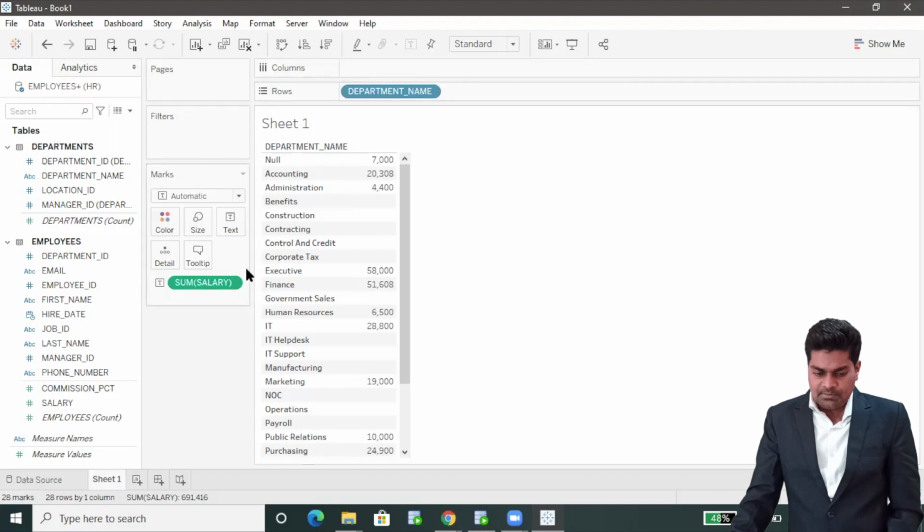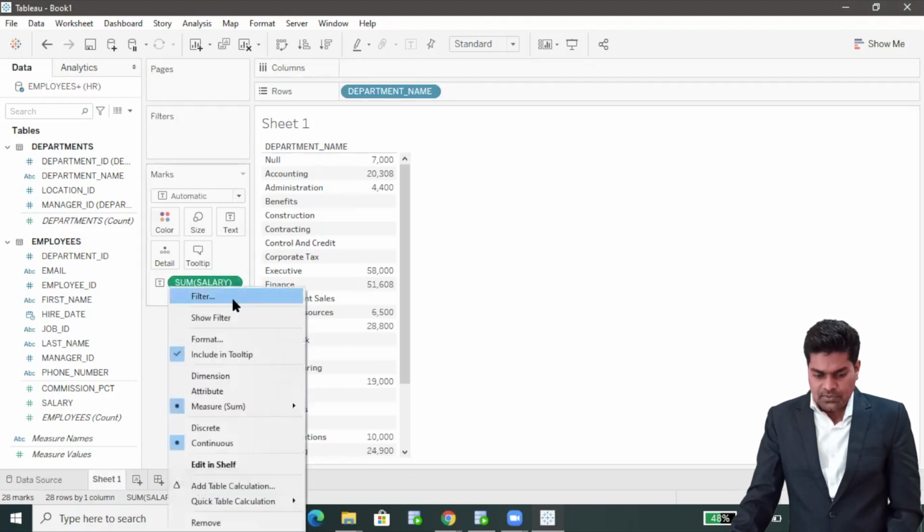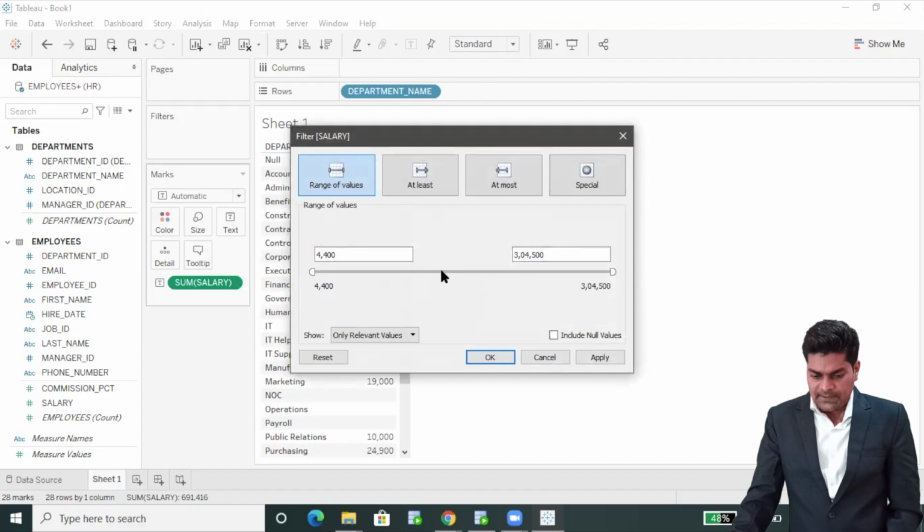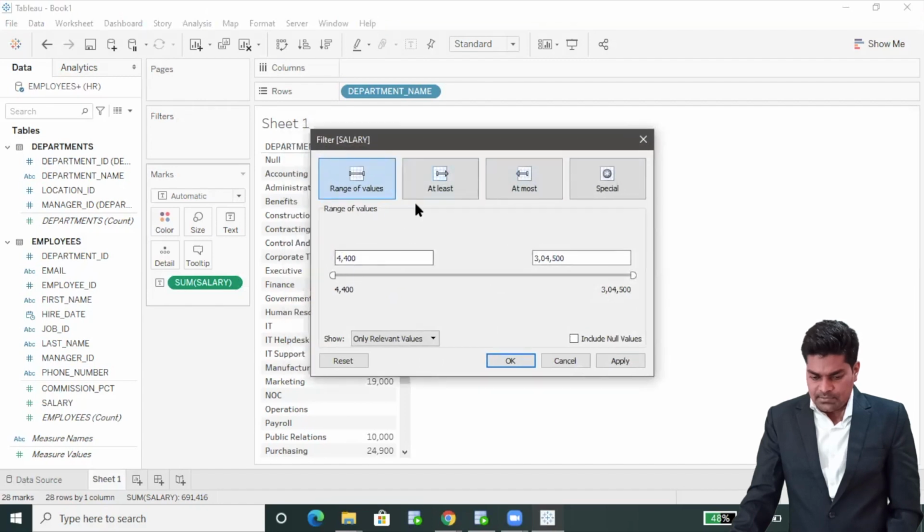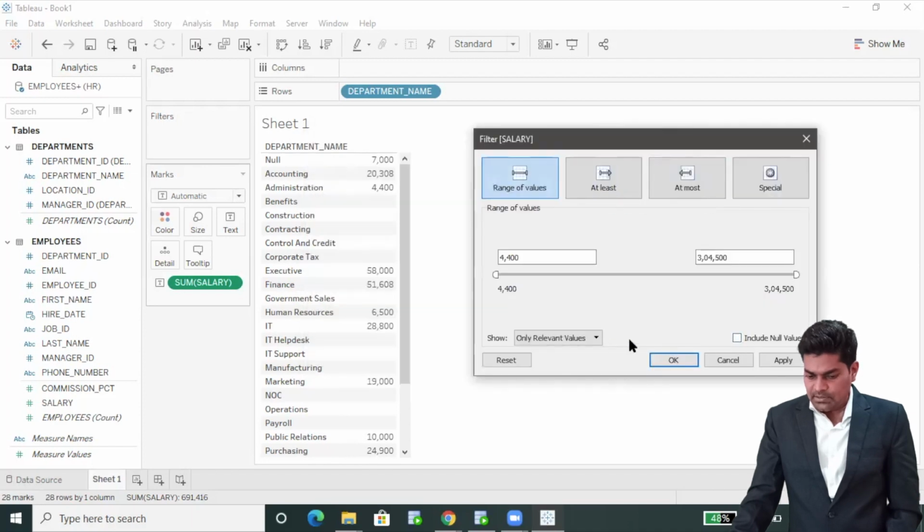Okay, let me make some filter. Click on filter, and where that is null, okay, so I don't want to include null values, so we can include only relevant values, all values in the database. Okay, something is null.